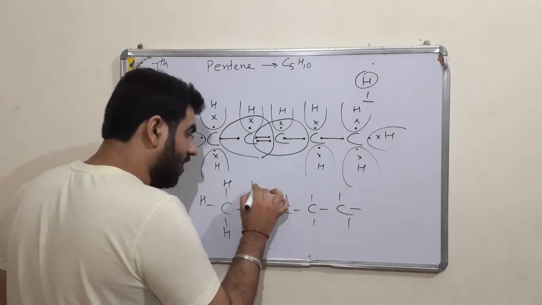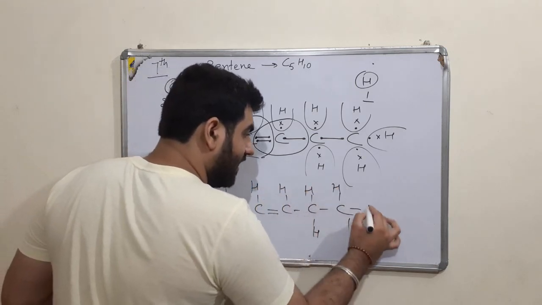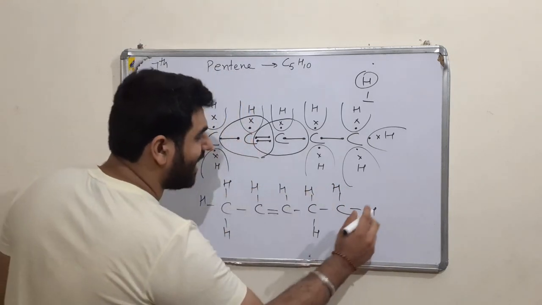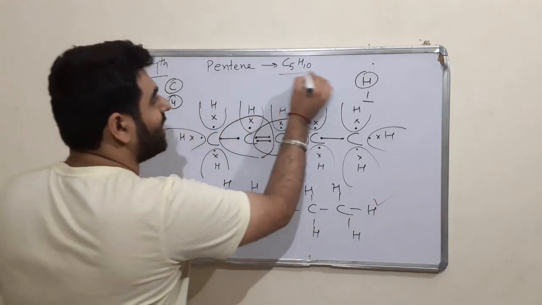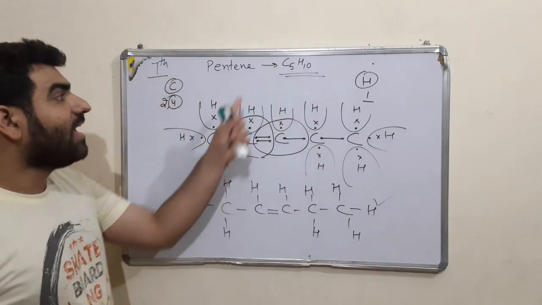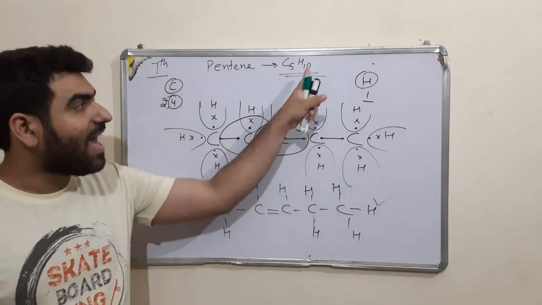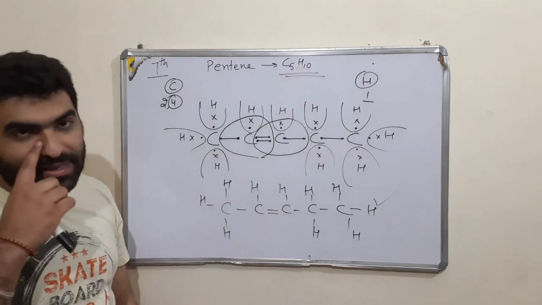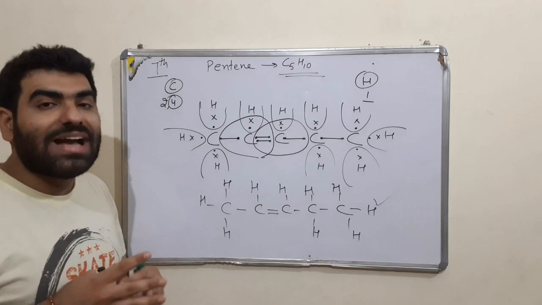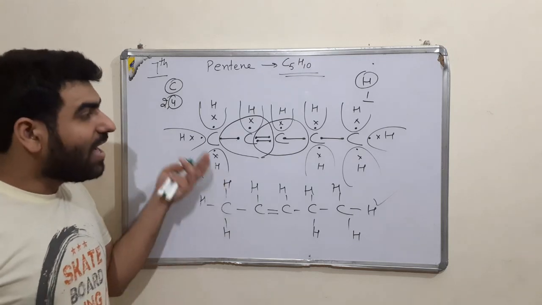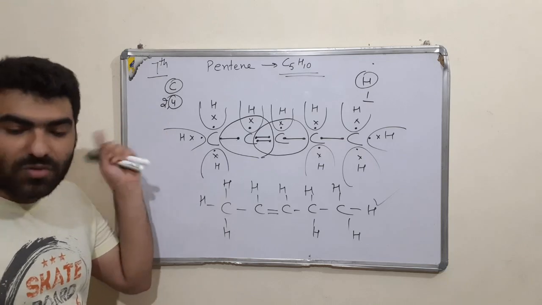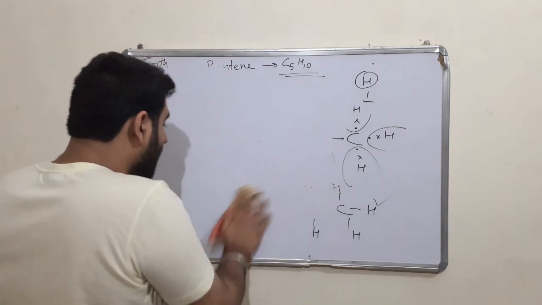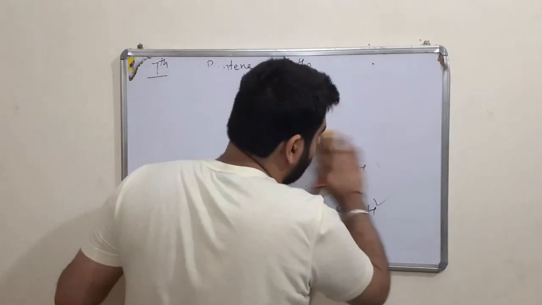Now let us count the number of hydrogen to see whether we have satisfied the need or not. 1, 2, 3, 4, 5, 6, 7, 8, 9, 10. So 5C and 10H. So it means the demand of pentene has been met. 5 carbon and 10 hydrogen. The process is just to arrange all the hydrogens without thinking how many they have asked, then contribute the electrons into one more bond formation, and then we'll see how it takes place. Alright. Now we have come to the end of this bond formation by taking the last example.